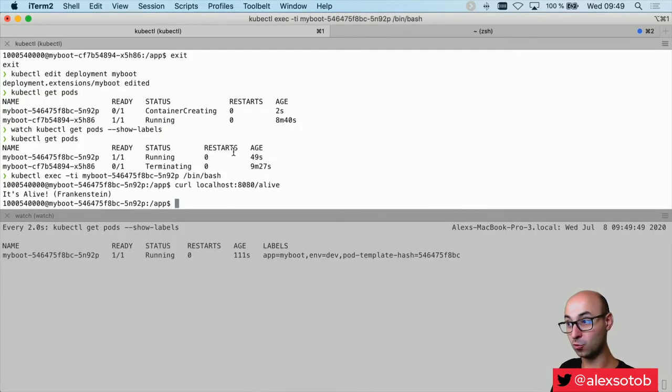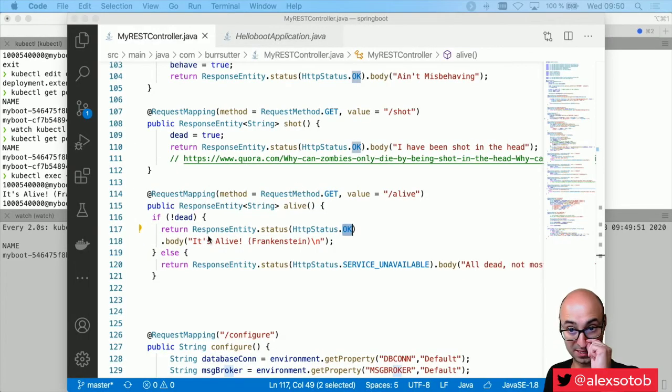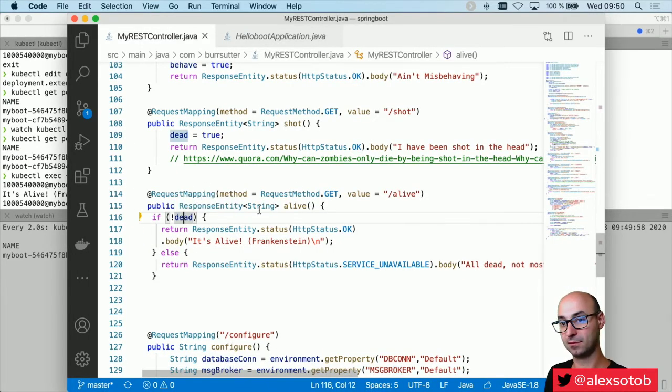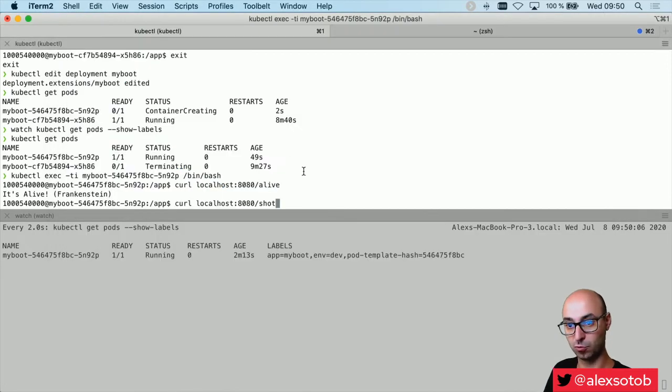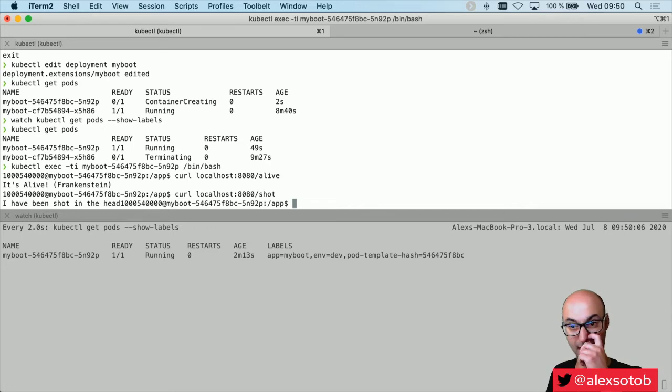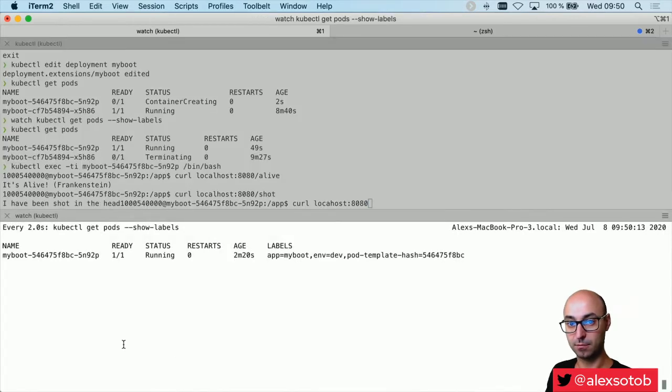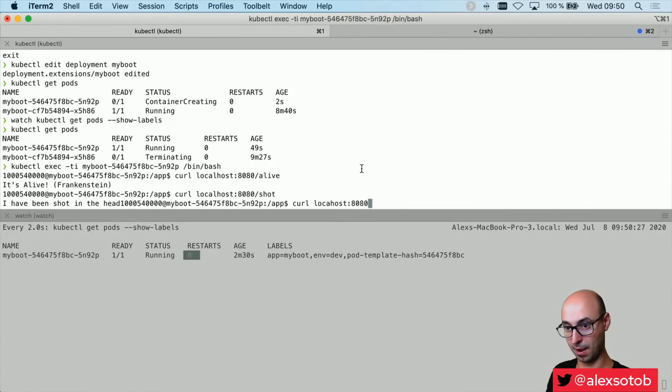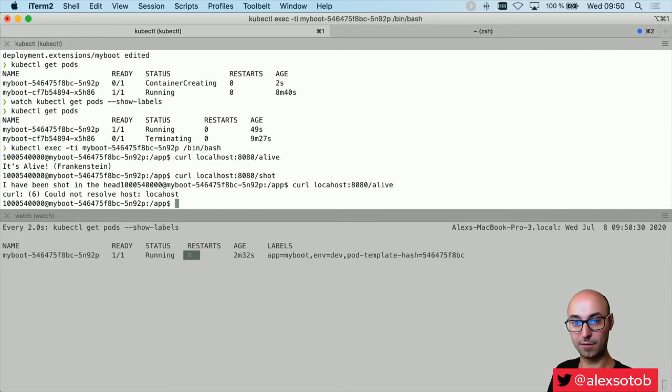Now, what's happening if I call localhost 8080 shot? Basically, I'm saying I'm shooting this pod, right? It's a funny thing, but I'm just saying that it's dead. Okay, I'm killing it somehow. I'm just putting dead equal true, and now the liveness proof is going to return a 403. Okay, I'm just going to do a shot. Notice I said I've been shot in the head. I can call localhost 8080. See this bottom terminal, the restart is 0. Okay, so at this time nothing has happened yet, but I can just curl alive, and you see that